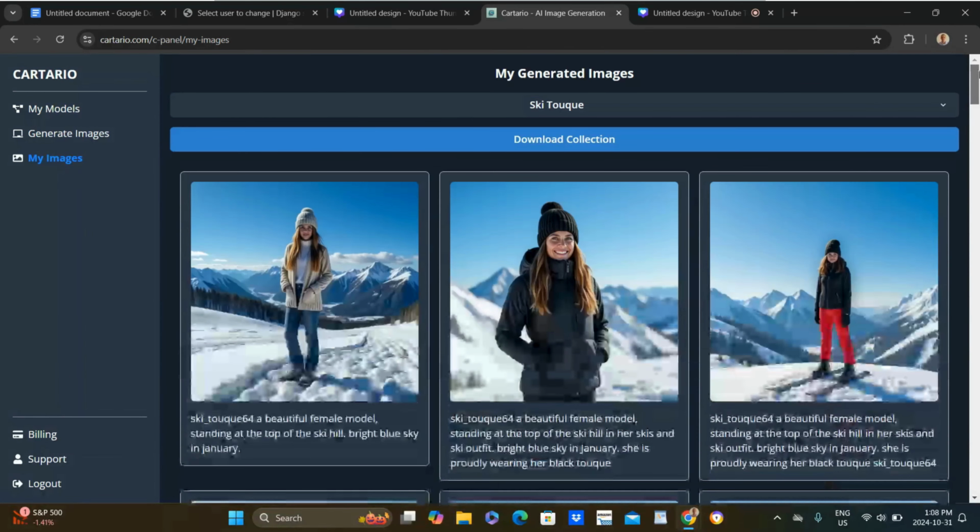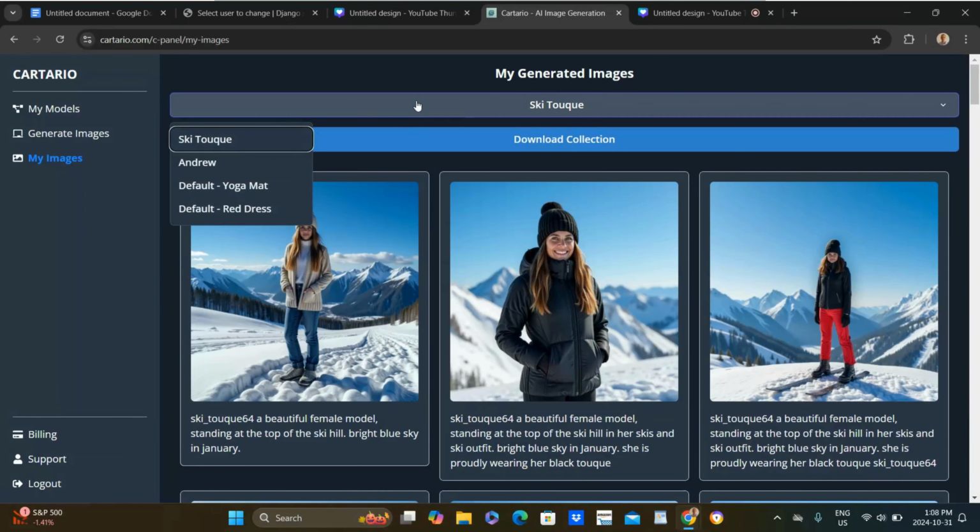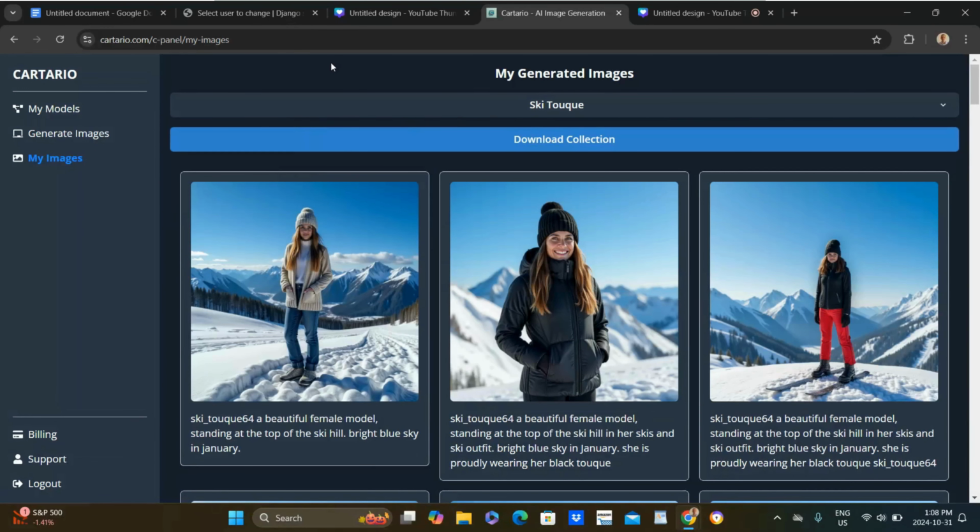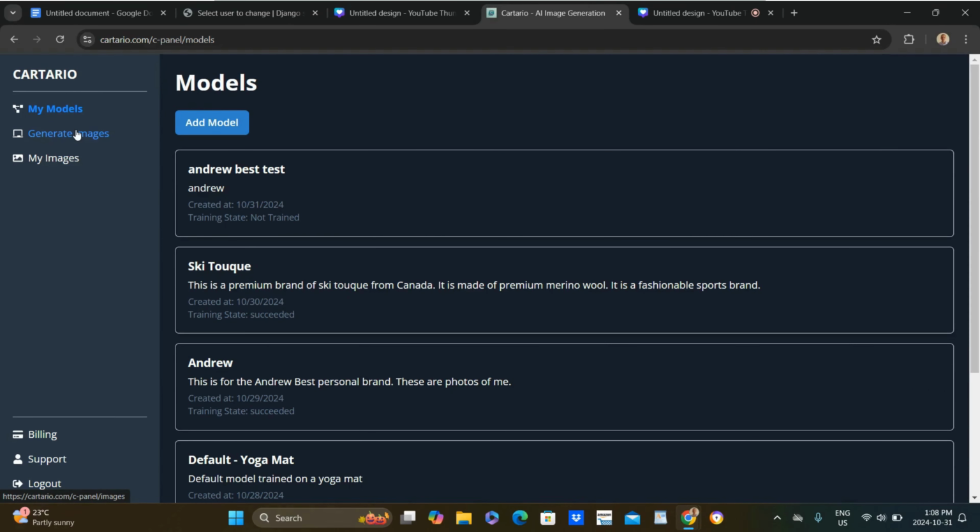So I hope this gives you a good overview of how to use this. We will be slowly, well, as quick as we can, adding good features into this, but already this tells you how you can create a new model, generate awesome images, then you download them, start posting, and I think you will really love